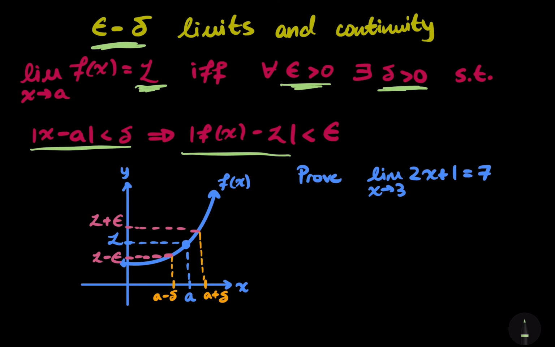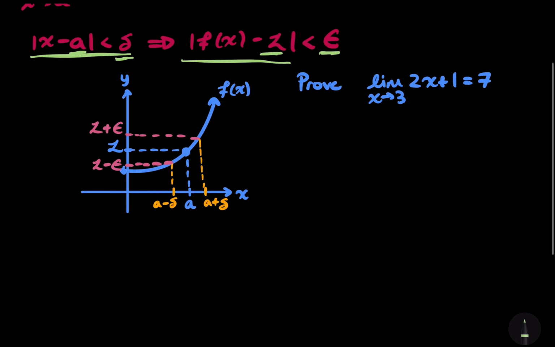So we select an epsilon greater than 0, and then we should be able to find a delta such that as long as x is within delta of a, then our function is going to be within epsilon of our limit. So that is a bit weird to state, but let me show you what I mean by that. So I drew out this arbitrary function, f of x, and here we have our a value,